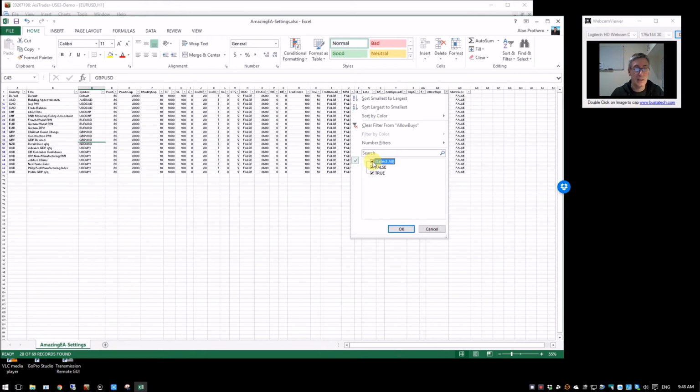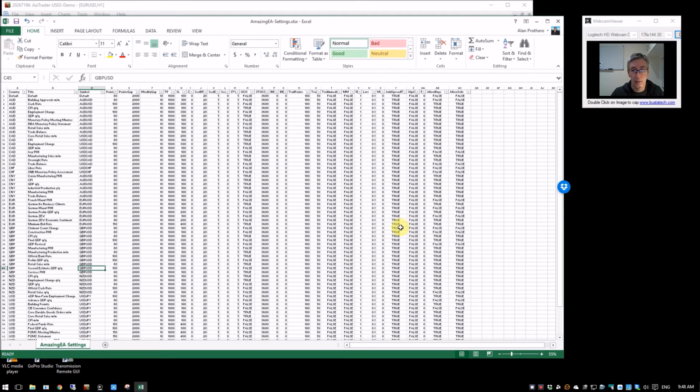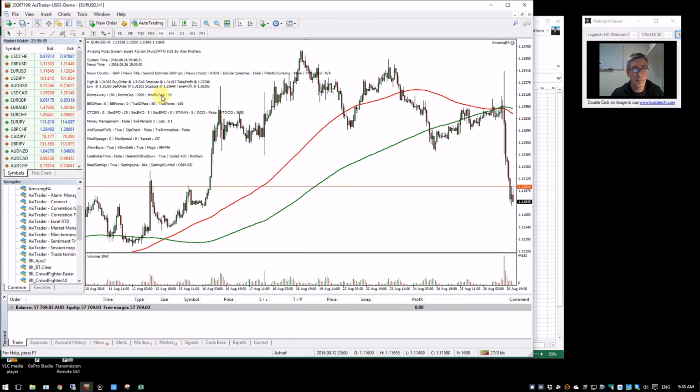And that means the EA will pick them up, display them, but it won't actually trade them. Okay, so let's have a look at how the EA tells you what it's going to do. So, for example, here we've got GBP, second estimate GDP. Okay, so now a very important thing is that the EA now will trade anything on